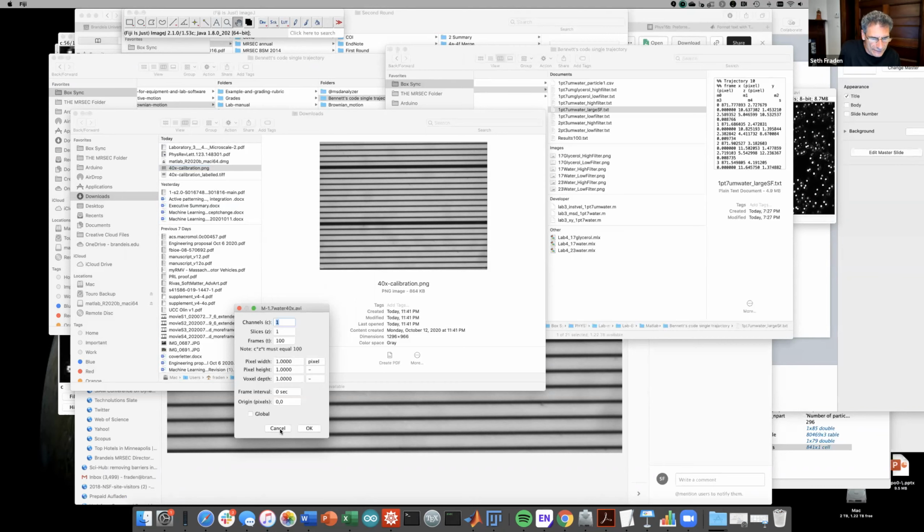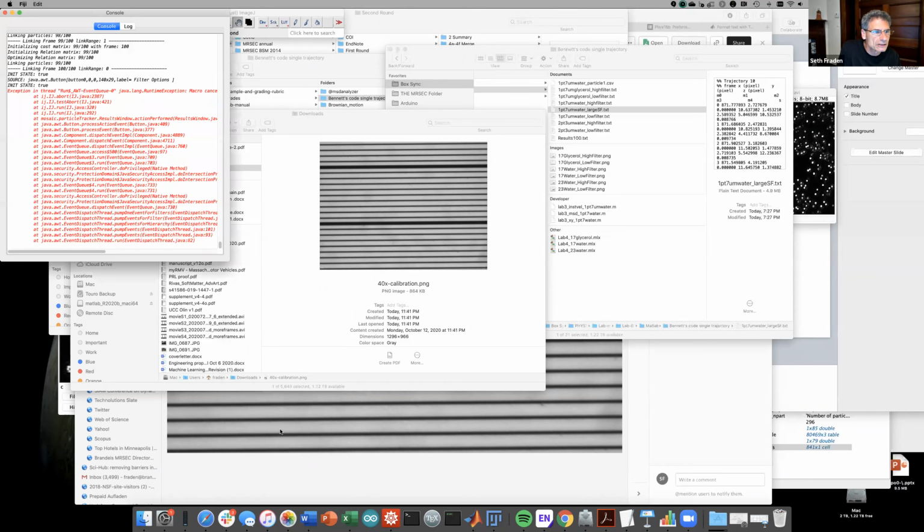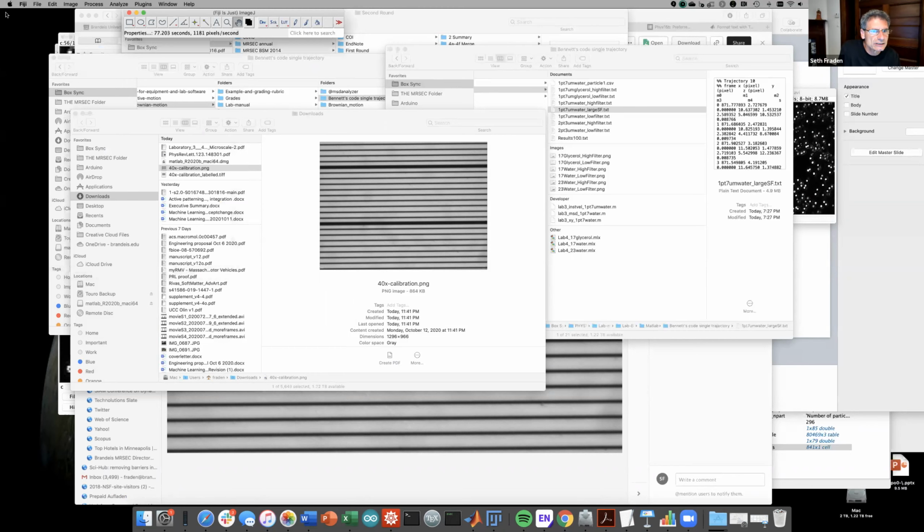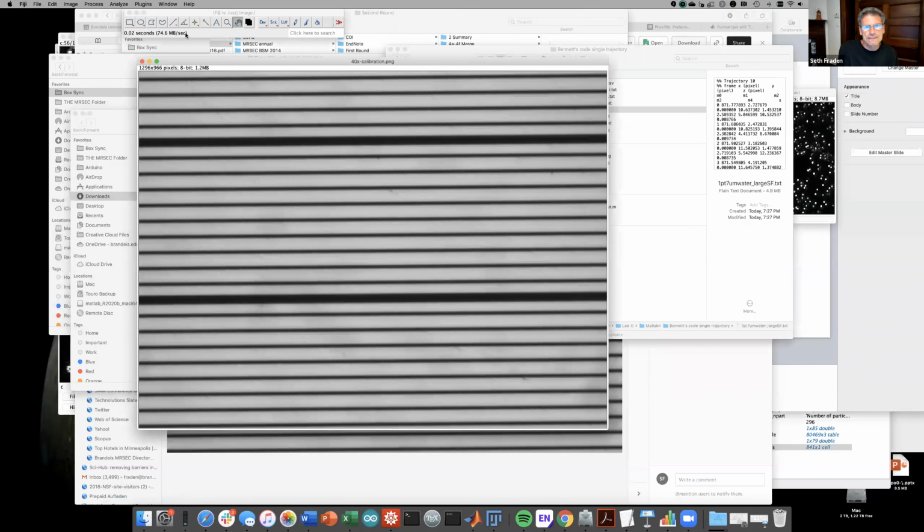I have this thing open, I'm going to have to cancel. Okay, so I canceled, and then I bring it into ImageJ. Okay, so now I'm in ImageJ. There are thick lines, and there are fine lines. The distance between each fine line is 10 microns. So to measure how many pixels that is,